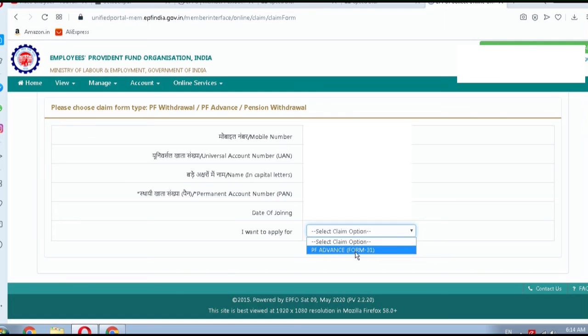If you are eligible for the complete withdrawal or withdrawal of the pension, both forms will be here. You have to submit both forms individually. You cannot submit them in one stretch. You have to submit every form individually. Here I am selecting the PF advance claim.